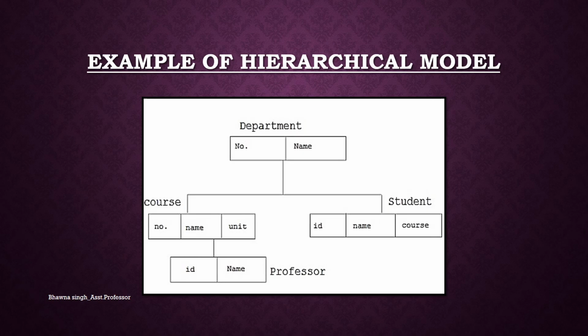In this, if we want to know which professor belongs to which department, we have to first search its detail in the course that the professor is teaching, and then we go to the course from where we go to the department, to find which course belongs to which department. So for getting the details of the professor, we have to first traverse the course entity and then traverse the department table. So like this, the traversing becomes very difficult or very time consuming, which is a major drawback of this hierarchical model.